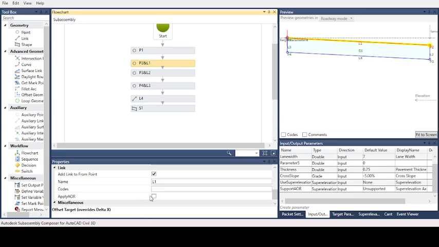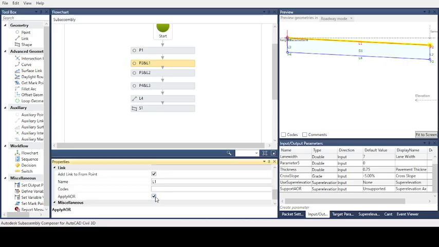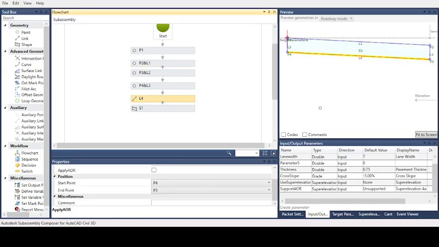That means we check this one. And for L4, by default the slope is the same and it is a link. If L1 is changed, no problem, L4 will automatically change.